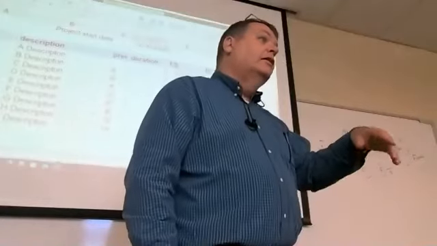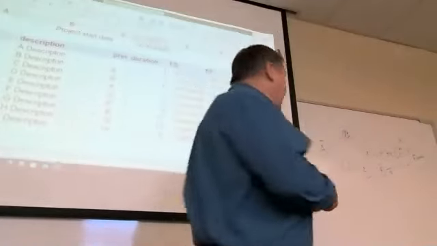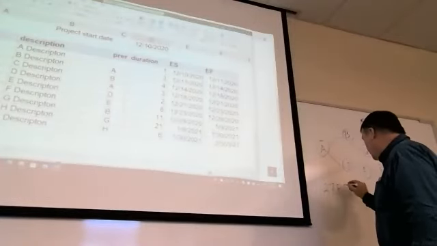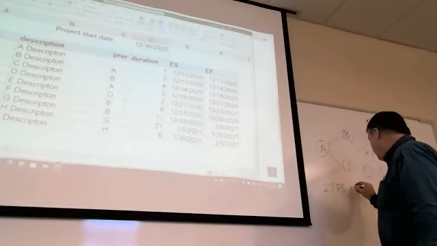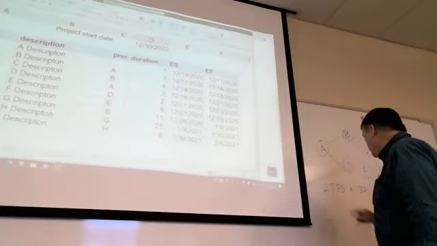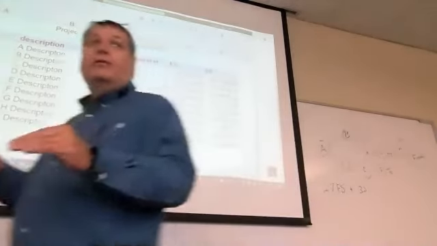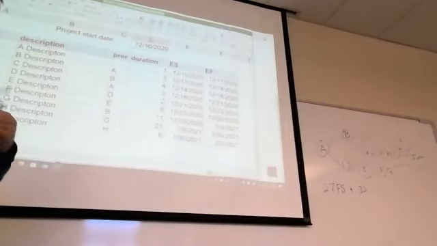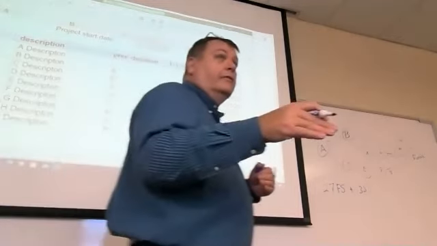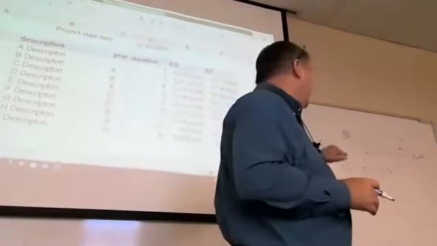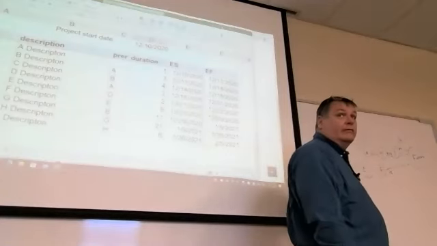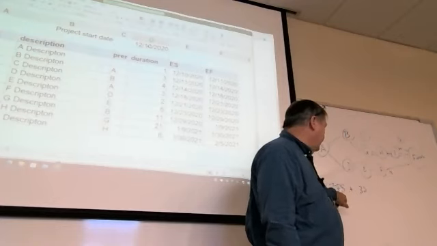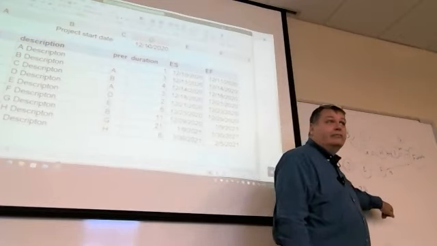A couple that won't work, the ones that have FS in them. So it'll say 27 FS plus 3D. 27 is the step that's the prerequisite for it. FS means it's linear. And we're already doing linearity, so it means literally that you can't run these concurrently. And from the end of step 27, you add 3 days.